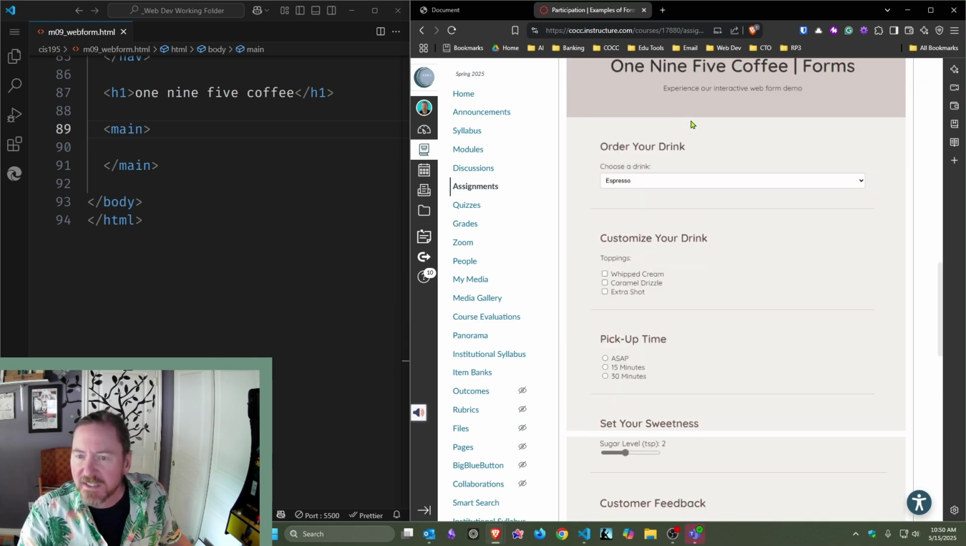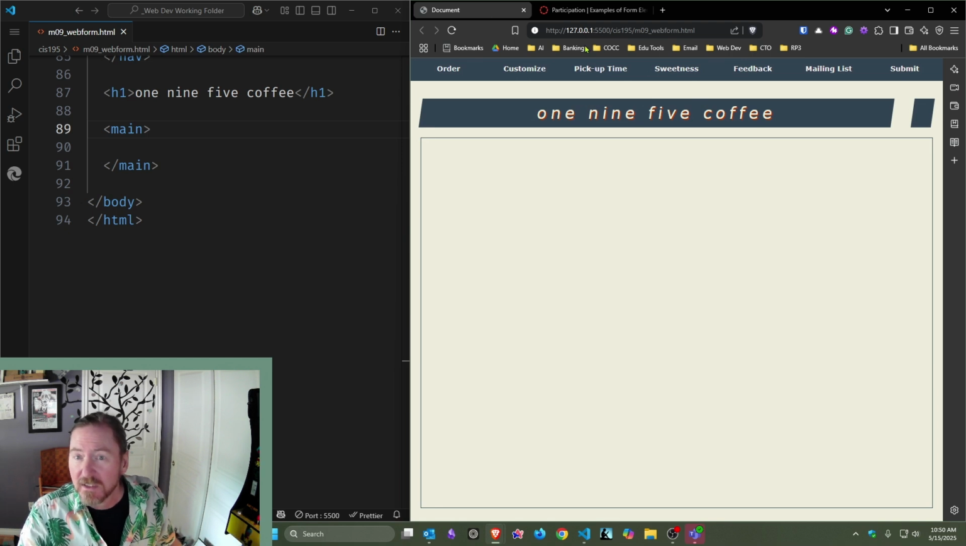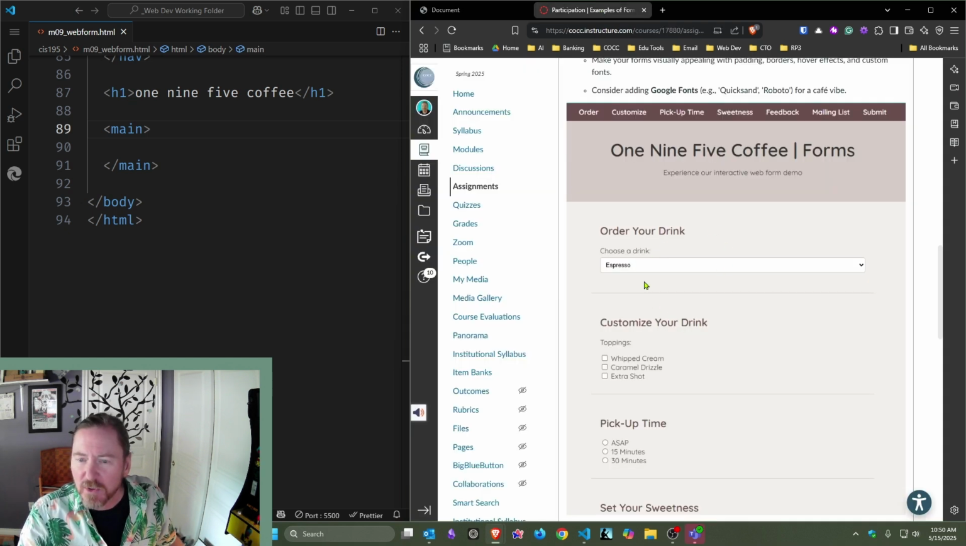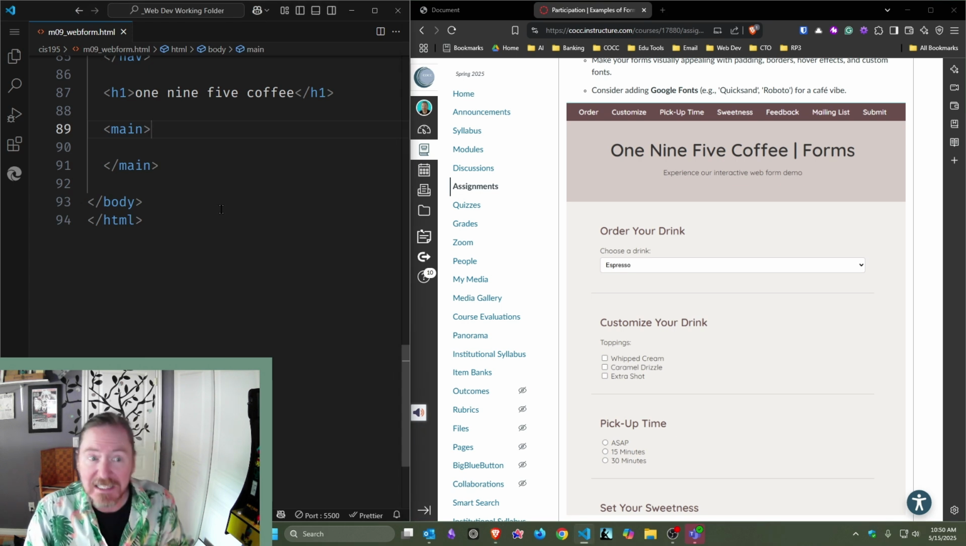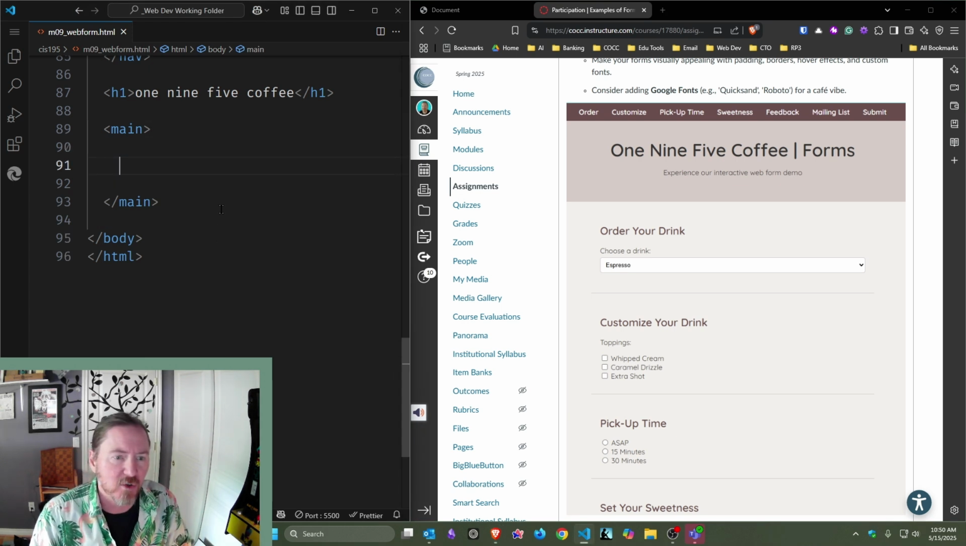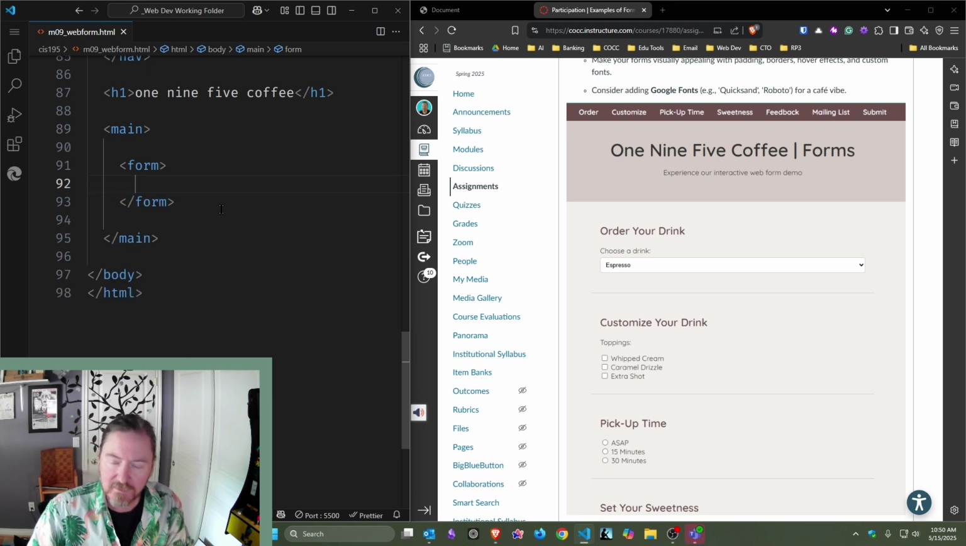All right, well, let's see. I've already got this top part created. There it is. There's the top part. I want to focus down here though, as I get to my first field, order your drink. Now in my main section, I'm going to create a set of form tags. I'm going to have one form on this web page, and I'm going to use one set of form tags